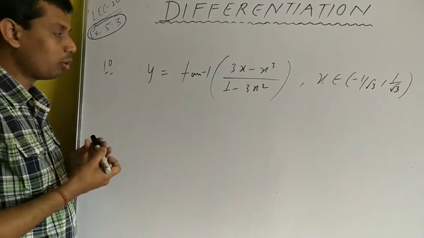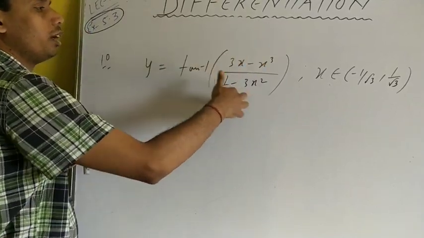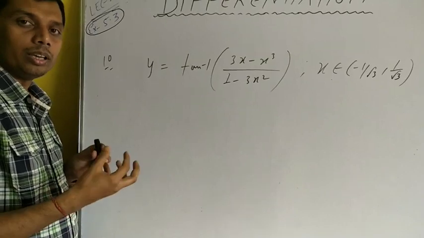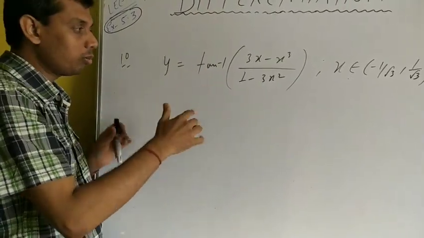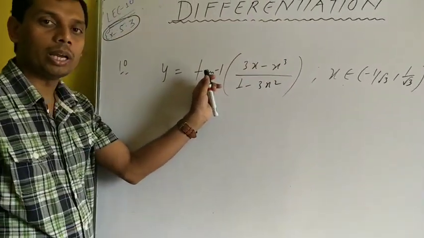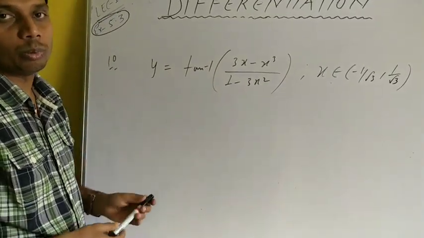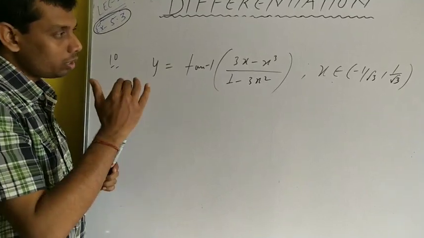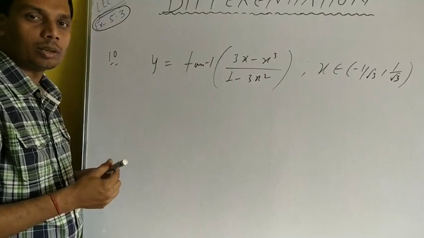Now again we have the formula for d by dx of tan inverse x. Now see your x. Okay. x is what? (3x minus x cube) by (1 plus 3x square), which is not an easy expression. So if we differentiate applying the formula 1 by 1 plus x square, we have to take the square of this, and again, as we are applying the chain rule, we have to differentiate this, which is going to be a bit lengthy. Okay, so in order to avoid it, what we do, we proceed with a certain substitution.